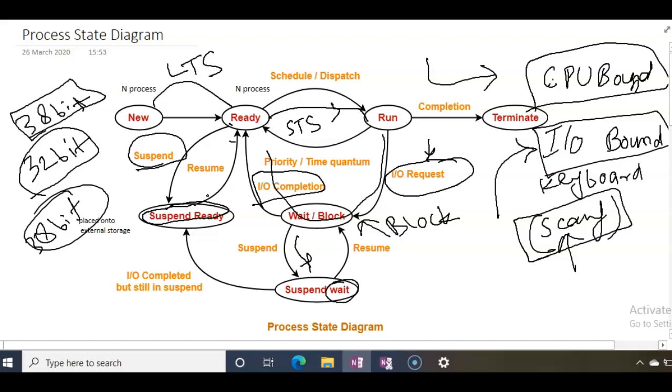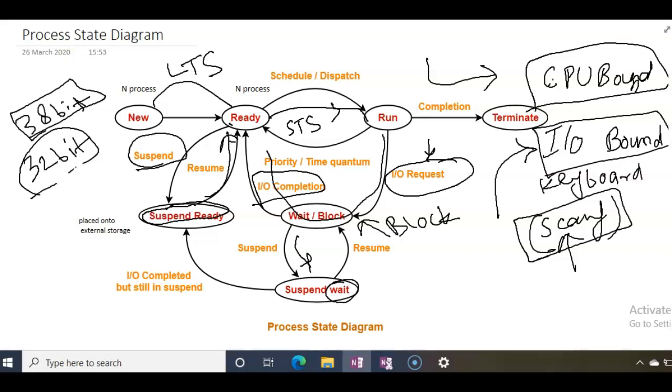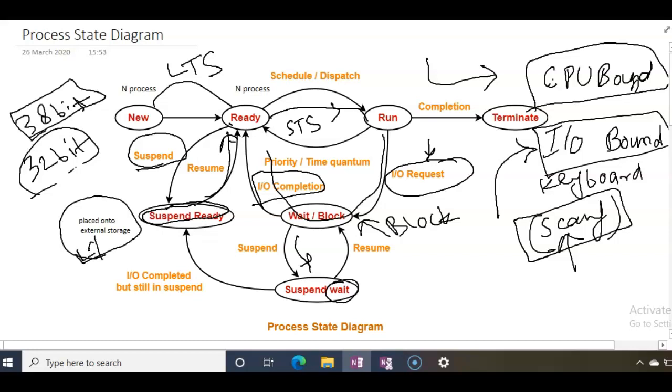Then it will resume, and then the other steps will resume. So I have written here, like you can see there, it is placed onto the external storage. External storage means it requires some hard disk space or anything, because whenever there is a virtual address kind of thing, it will go to the hard disk. So this is for